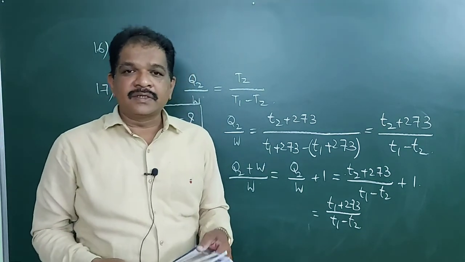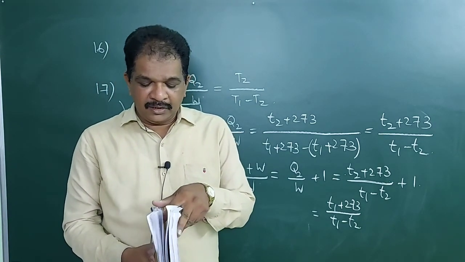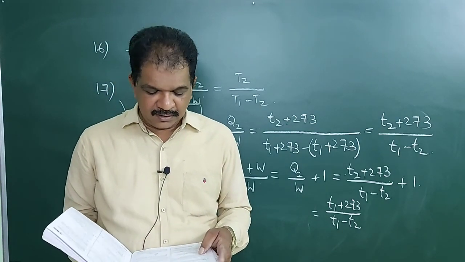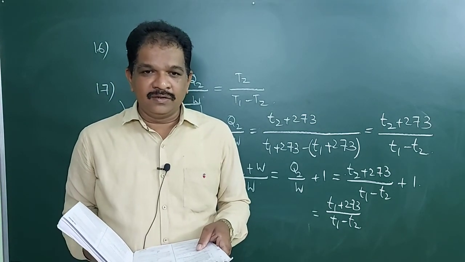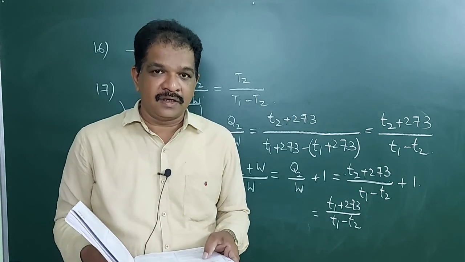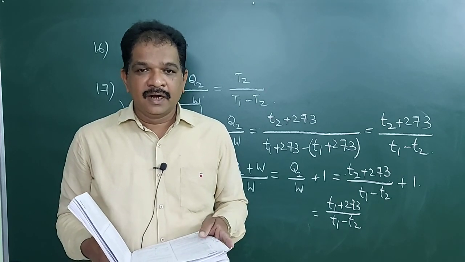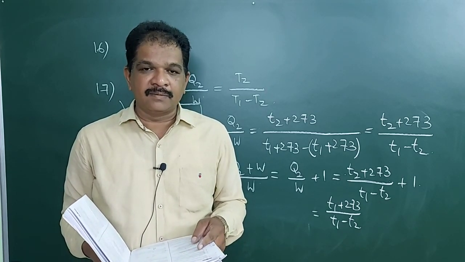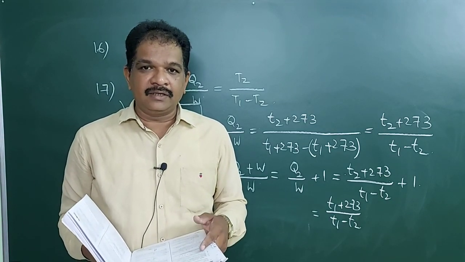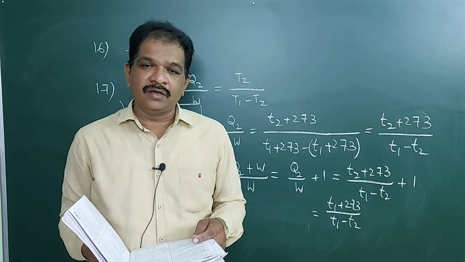Still 6 questions are missing in this book. From 18 to 24, 6 questions are there, but those are not there. I asked 2-3 students, they also said the same: second year content has come in those pages. So we are just leaving those 6 questions and considering this chapter completed, we will go to the next chapter, kinetic theory of gases, in the next class. Okay, today we will stop here.